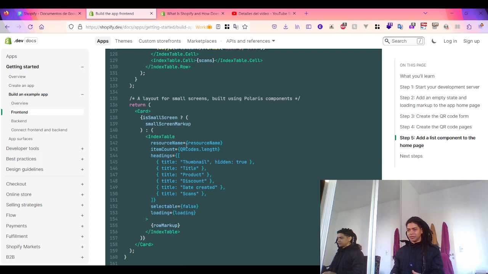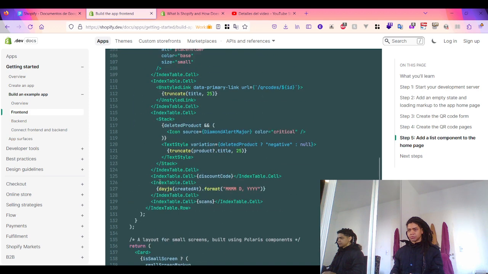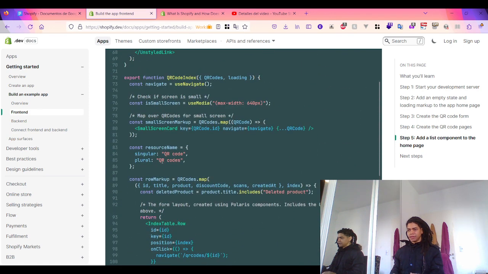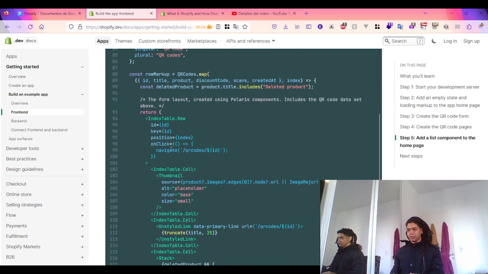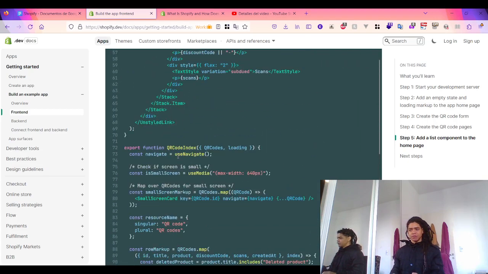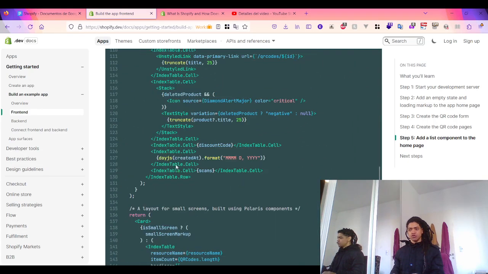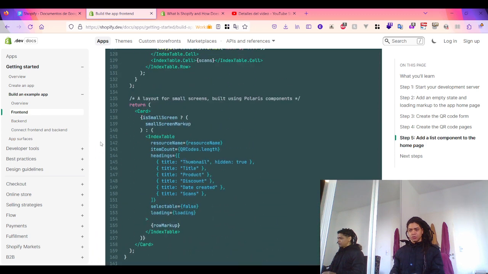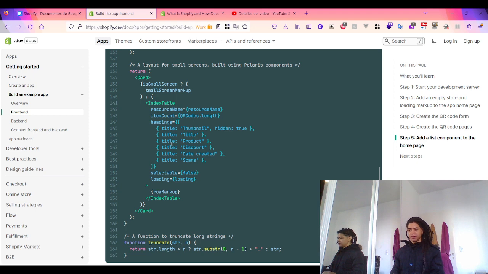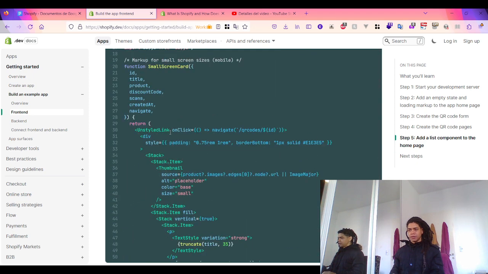here you're going to pass this resource name, item count, headings, selectable false, loading, and here you're going to render the row markup. Exactly, you're going to render this component. You're going to map all of this. And this is something interesting because even though these files are huge, it contains 165 lines of code,